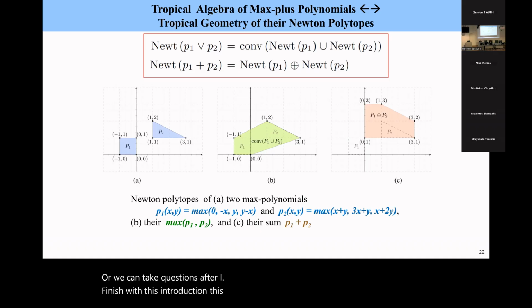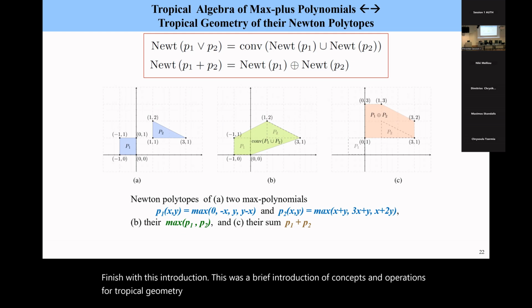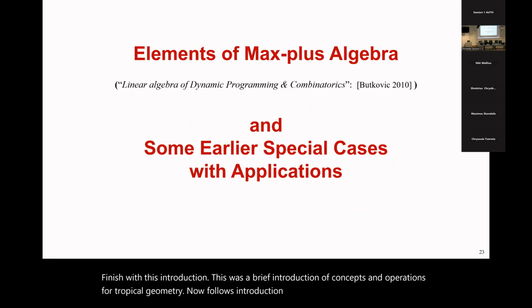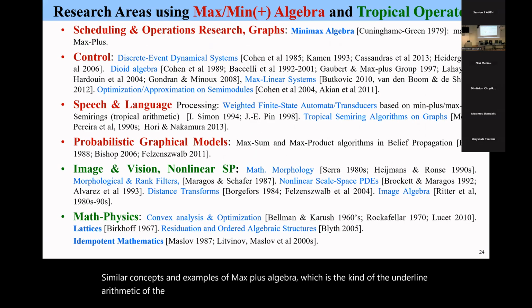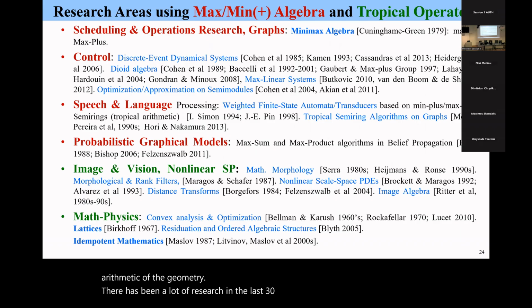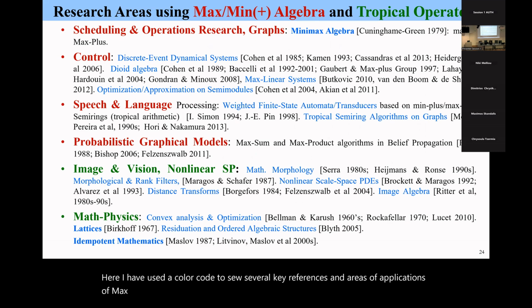This was a brief introduction of concepts and operations for tropical geometry. Now follows an introduction of similar concepts and examples of max-plus algebra, which is the underlying arithmetic of tropical geometry. There has been a lot of research in the last 30 years of systems using max-plus algebra. Here, I have used a color code to show several key references and areas of applications of max-plus algebra. In red,